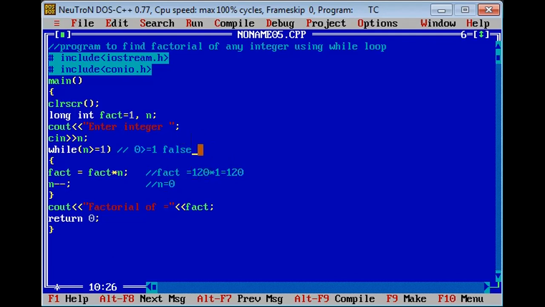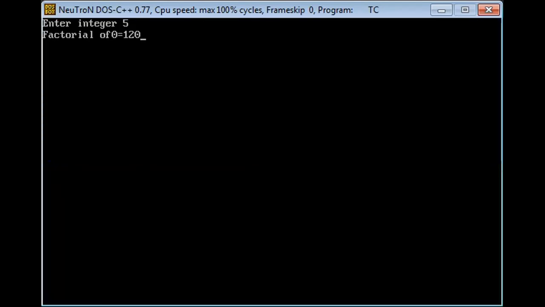As this condition becomes false, the loop terminates and the control comes to the statement which is lying outside the loop. This statement will be executed and will show us the result, that is, factorial of integer 5 is equal to 120.